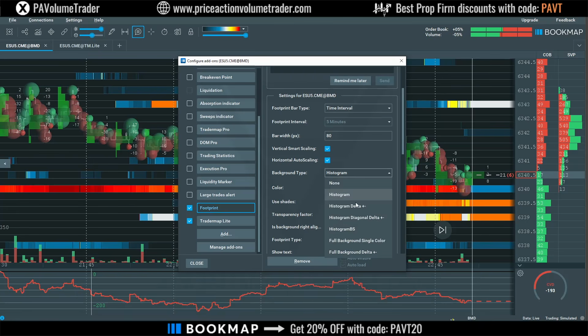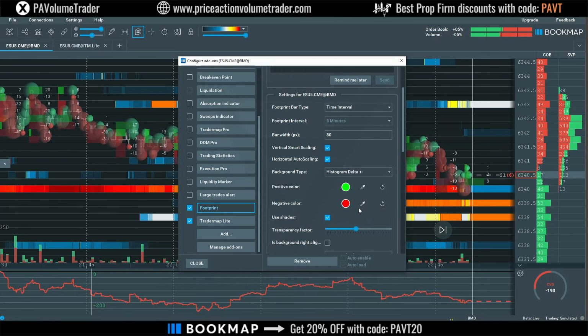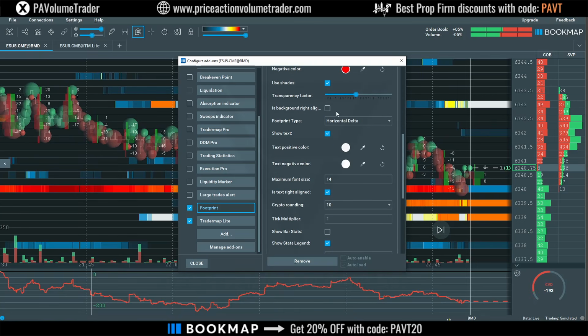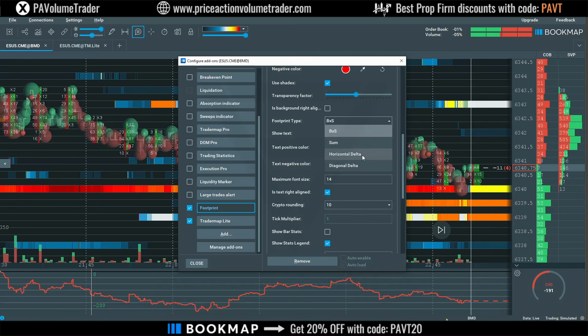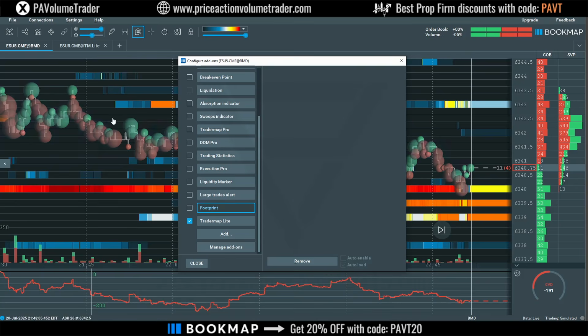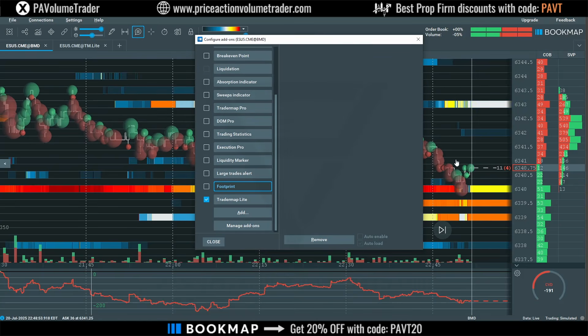I can just put like that, or histogram delta, histogram bid and ask, footprint type. Here you have the bid by ask. You can put horizontal delta, etc. Okay, I'm not really going to go into this. For me, footprint, I use it on Sierra Chart. I don't think footprint is really something I want to use on this, but I wanted to touch on this